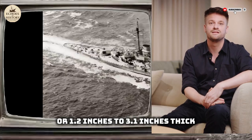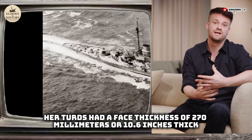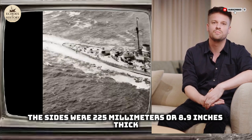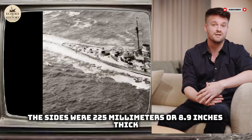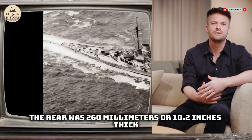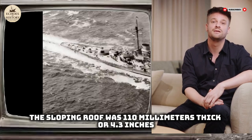Her turrets had a face thickness of 270 millimeters, or 10.6 inches thick. The sides were 225 millimeters, or 8.9 inches thick. The rear was 260 millimeters, or 10.2 inches thick. The sloping roof was 110 millimeters thick, or 4.3 inches, and the horizontal roof was 80 millimeters thick, or 3.1